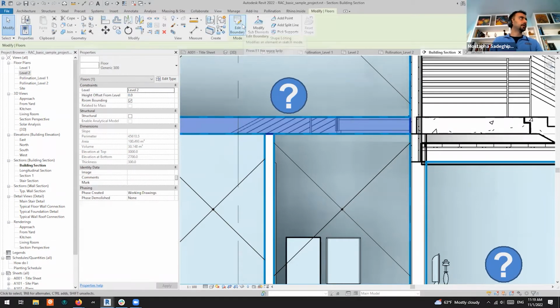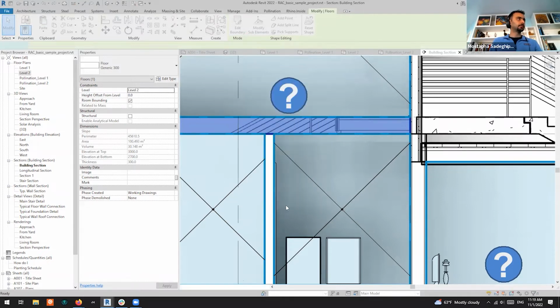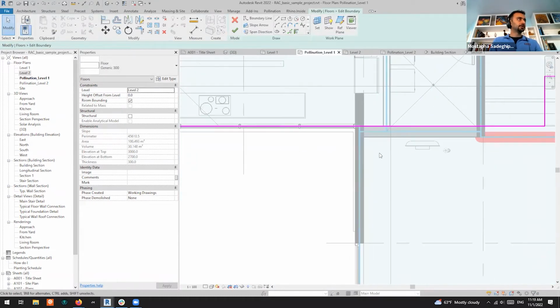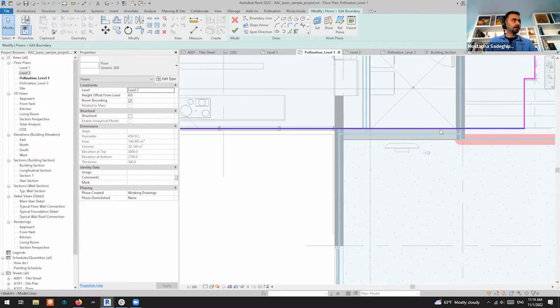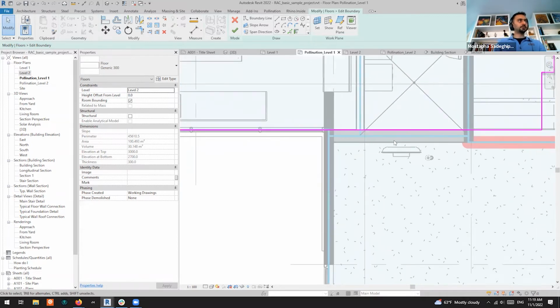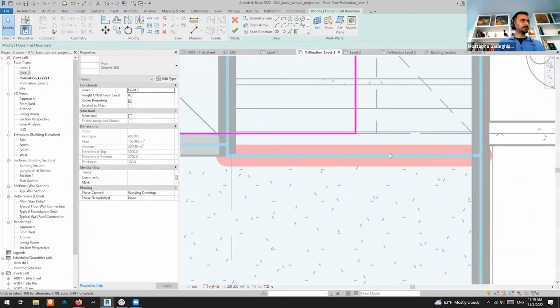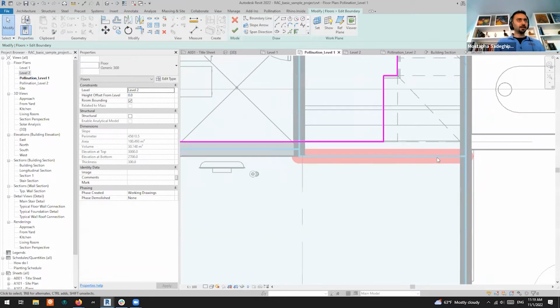This one, edit boundary, go to level 1. So you see what's happening again, right? The slab is here, the room line is here, and this is causing all those leakages because it goes all in the middle of all those. And then we have one more here with my favorite element in Revit, separation lines, of course, that basically causing